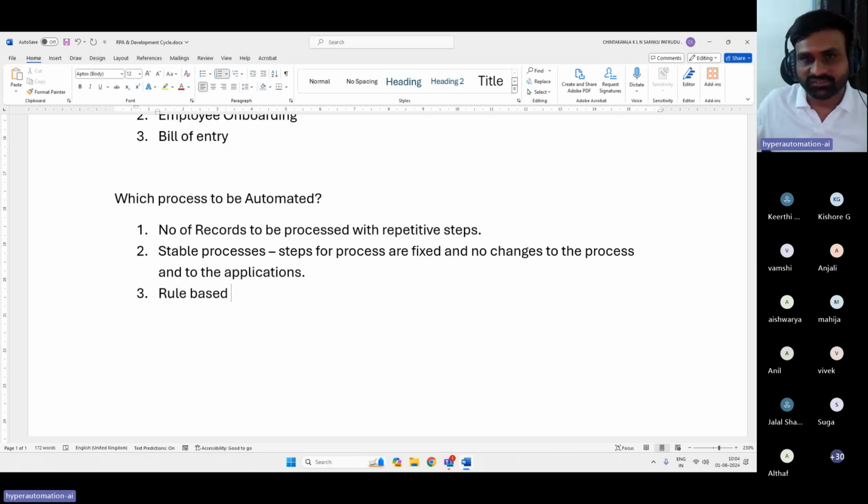Whatever we are calling right now, AI-capable automations, where the bot is beyond rule based, I don't believe it. Based on the input data, we can leverage artificial intelligence, but not in terms of process level. When it comes to the process level, it should always be rule based. Okay.